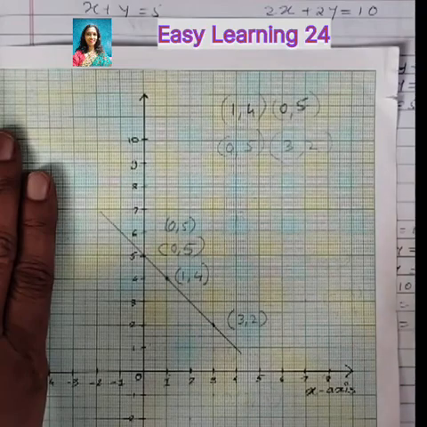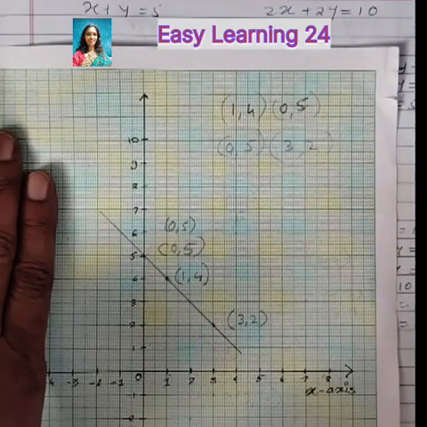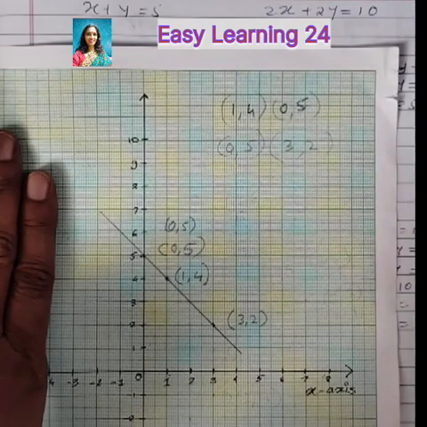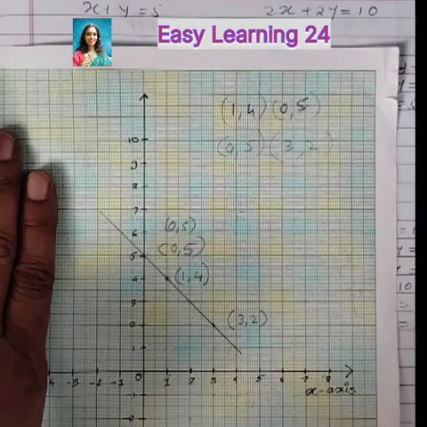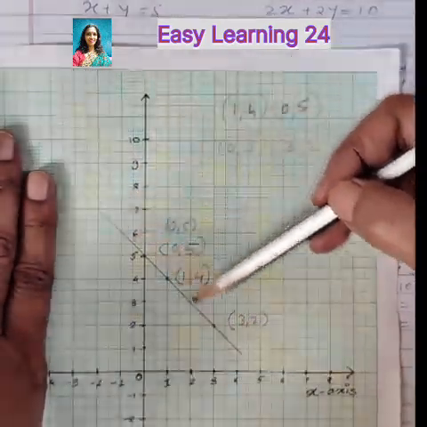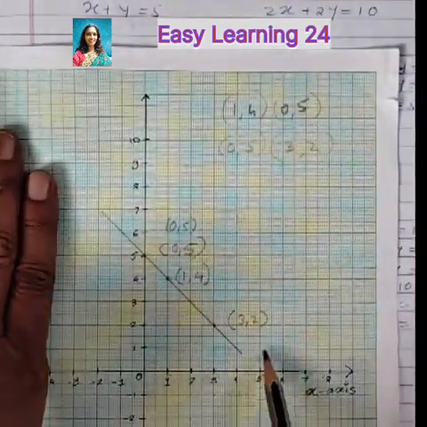So a1 upon a2 is equal to b1 upon b2 is equal to c1 upon c2 was what we got, and we had to prove it, because when such an equation is there, the lines are coinciding. They are coincident lines. They have infinite number of solutions. Therefore the lines are coinciding. See, one line and the second line is also coinciding. So we have proved this graphically.